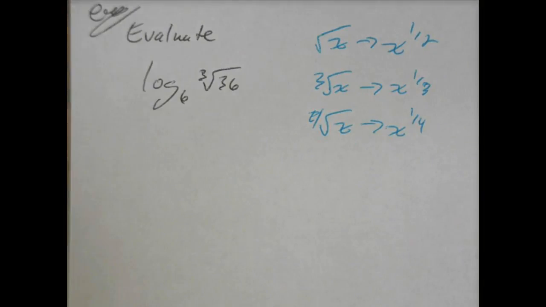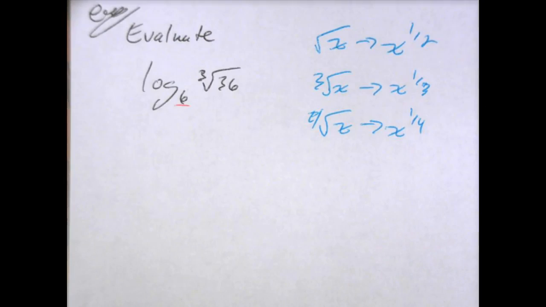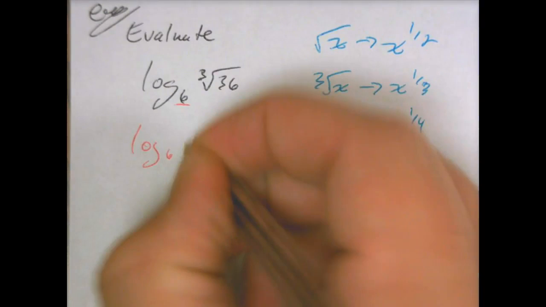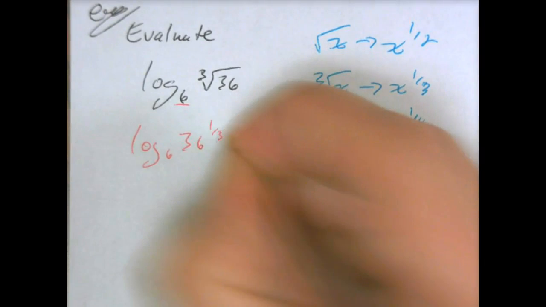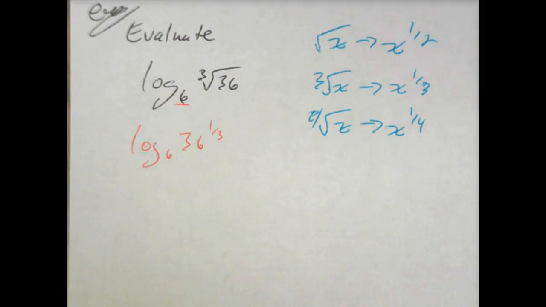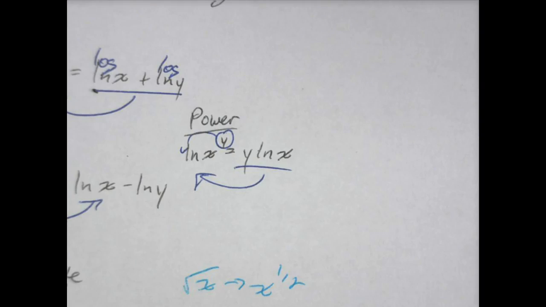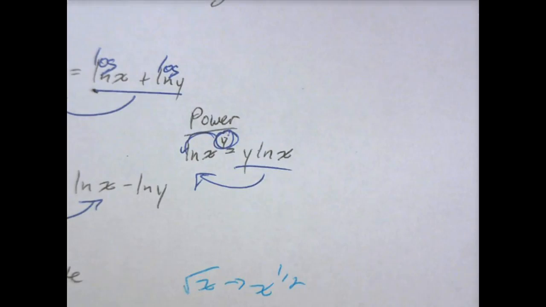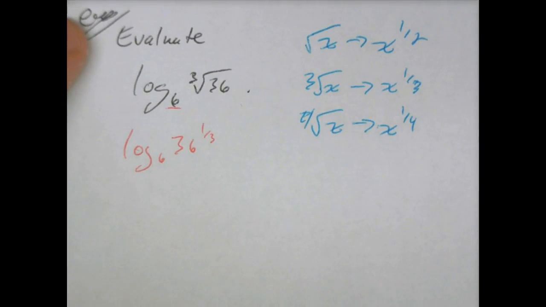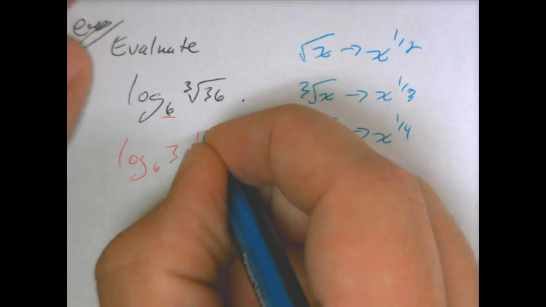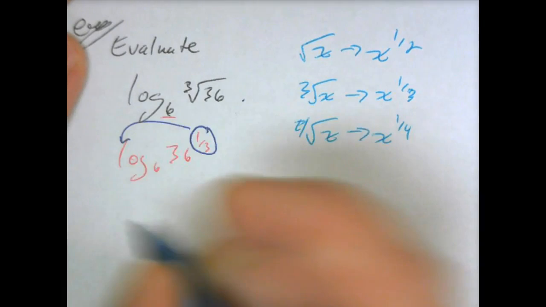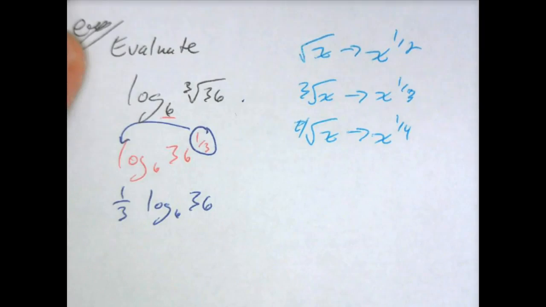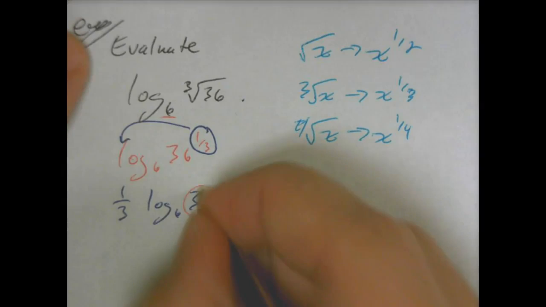So if I rewrite this, because I want to have the same base so that I know that my properties of logs apply and I can just equal it to the exponent, I can change this to log base 6 of 36 to the 1/3 power. By our power rule that we just learned, if we have an exponent, we can take it and throw it in front of our log. So I can take my exponent, put it in front of the log, so this is really 1/3 log base 6 of 36, which if I were to rewrite 36 as a base of 6,